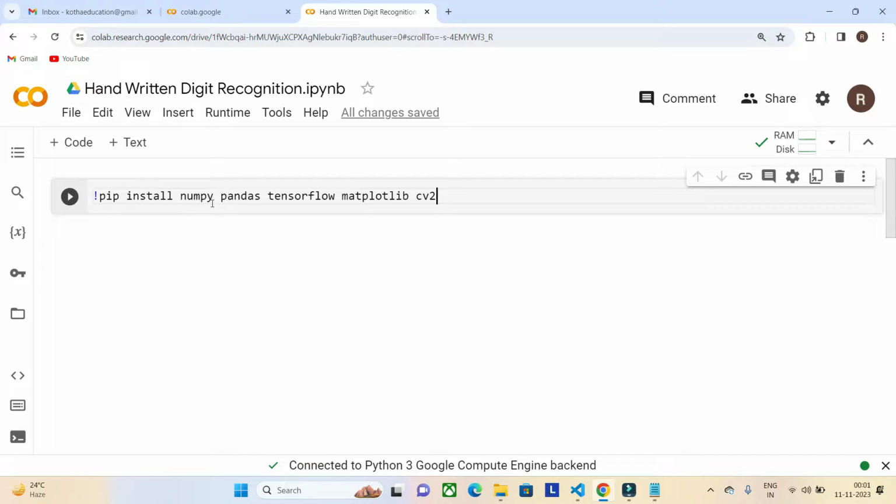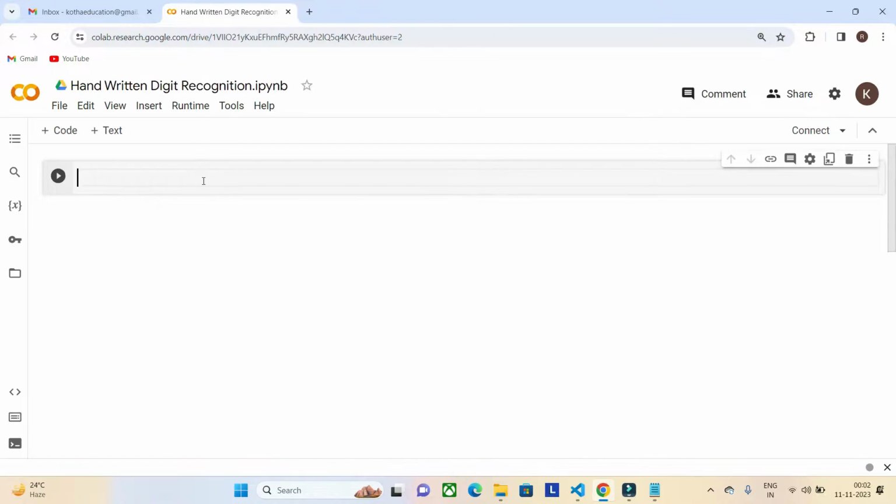So to install these Python libraries in the Google Colab, you just have to type an exclamation mark and then pip install. So when I press shift and enter, these libraries will be installed in your session. Okay, all these libraries are already installed in my system, so I'm not going to install them separately. Okay, just remove them. So now let's start with the coding.